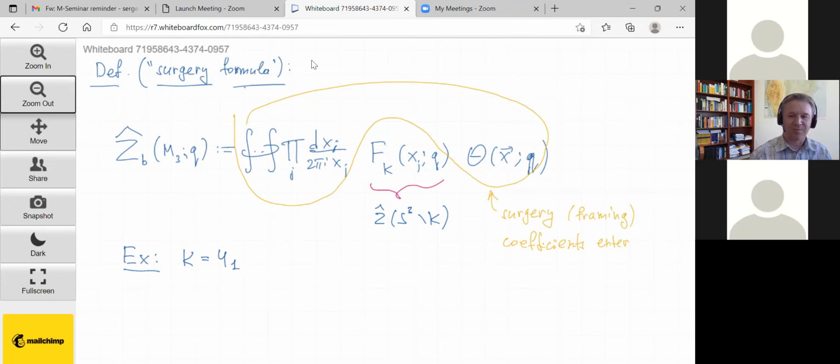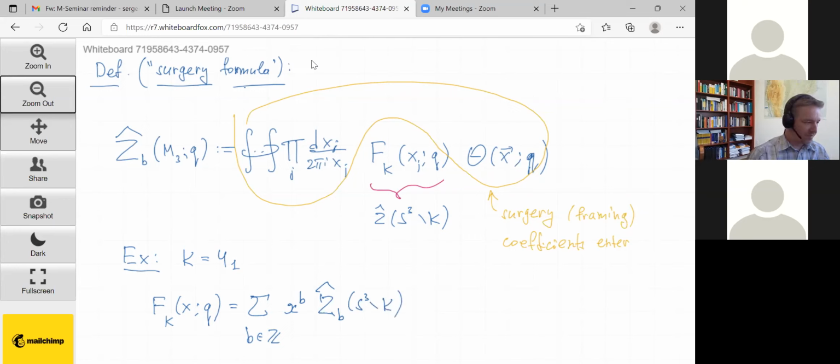So there is only one component, so there is only one variable x to worry about. And in this case, F_K of x and q has the following form. In fact, this form is fairly general for any knot. You have x to the power b, and then Z hat_b of S^3 minus K,